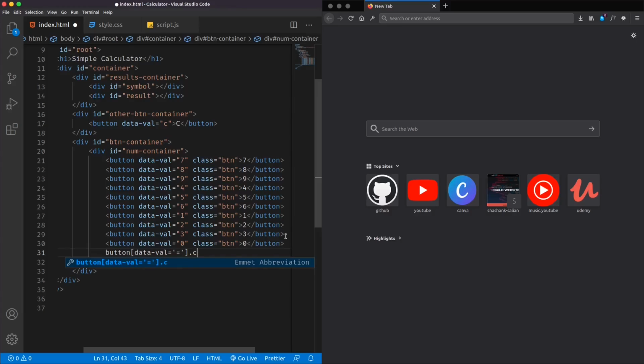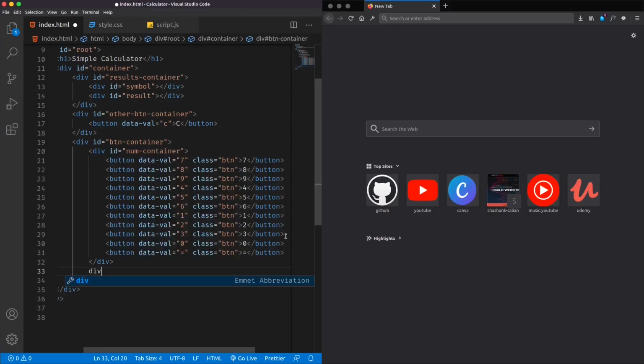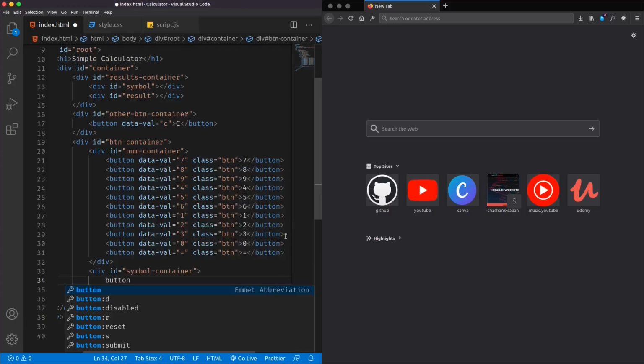and with the class btn, and give it equals to, and besides num container create another div with the ID of symbol container, which will contain all the symbol buttons, and inside this create a button with the data-val equals to empty string for now, and with the class btn. I want to do this 4